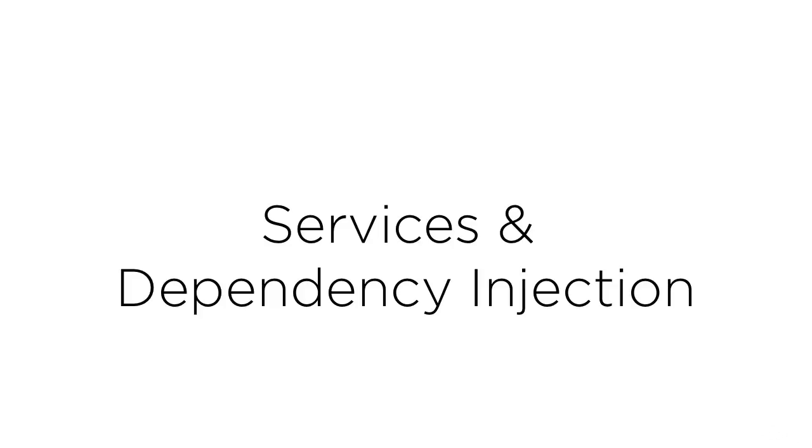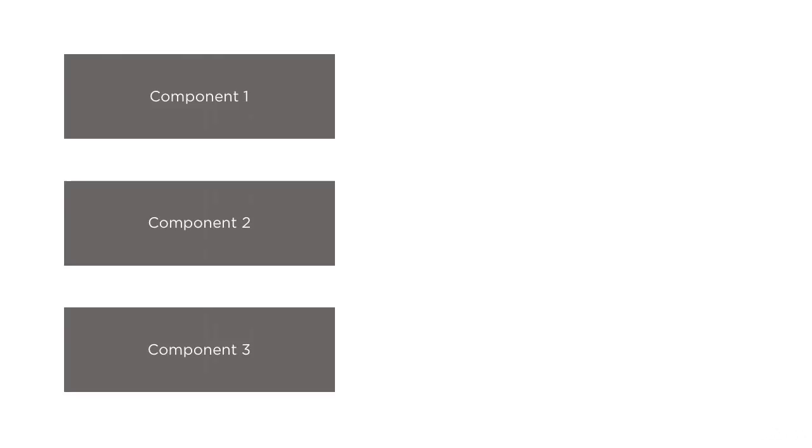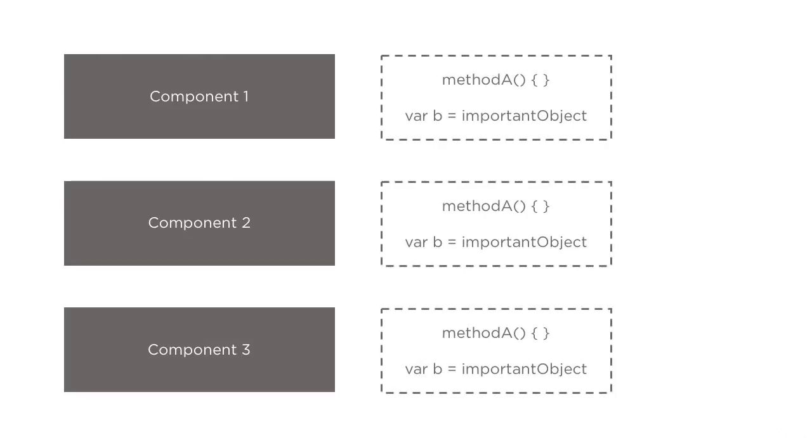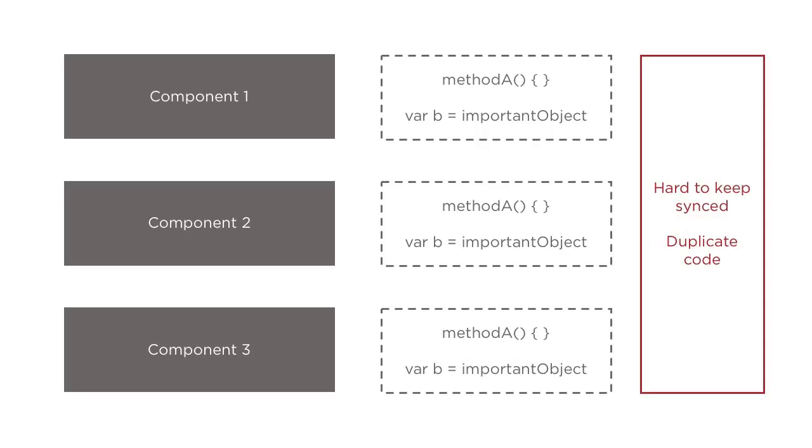Let's consider our application where we have a couple of components, component 1, 2, and 3. And each of these components will have, let's say, a method and a property or a variable here. Now, as you can see, for all three components, this is the same. We use the same method with the same variable. So we do have exactly the same code. Now, that is of course duplicate code, which is hard to keep in sync if this depends on each other. It's also hard to maintain because if we change it in one place, we need to change it in 3